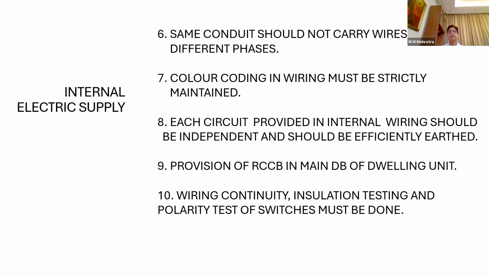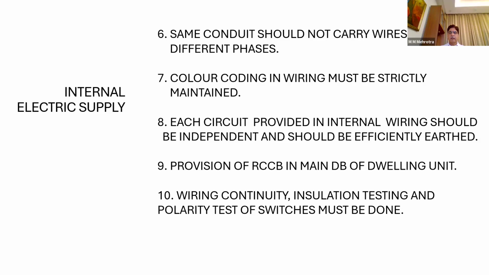Now next is color coding. In the next figure you will see what color coding is. All those who are electrical or maybe mechanical are aware of the color coding. You know R, Y, B: red, yellow and blue. These are the colors provided to the wires also when we do the wiring.